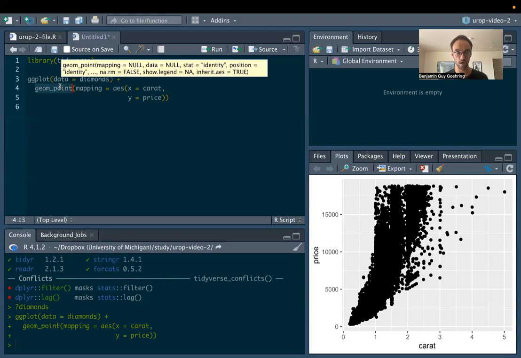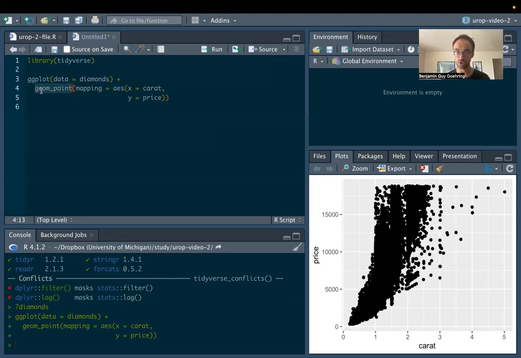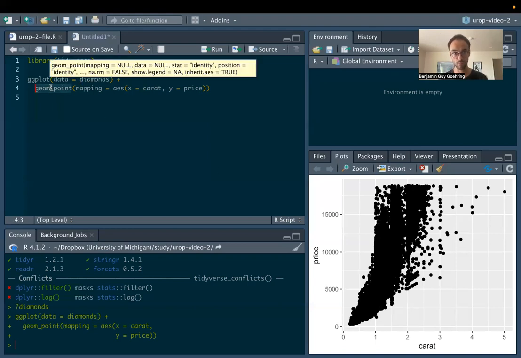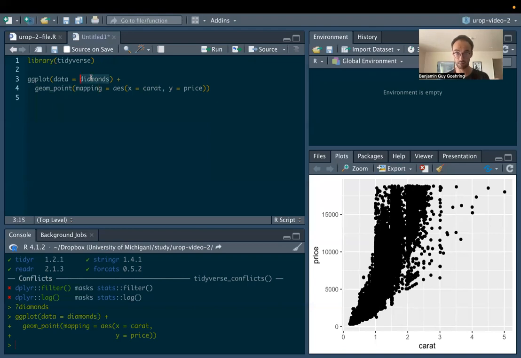We're telling R how we want to take the variables in our data set and turn them into a visual thing, which is done with this geom point. And the last thing we're doing is we are providing specific variables that we're mapping from the diamonds data set to a visual property via this geom. So we're providing a data set, which is diamonds,